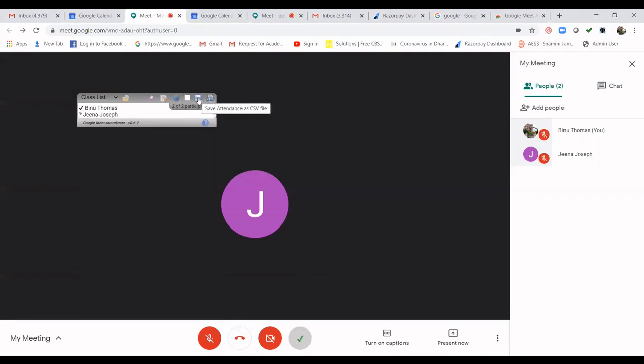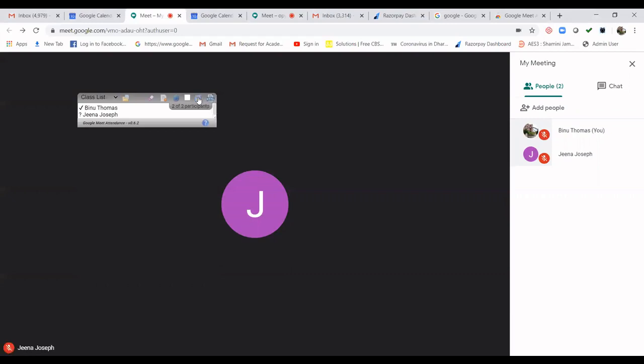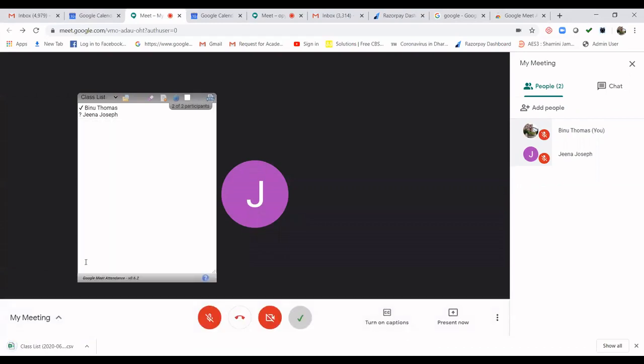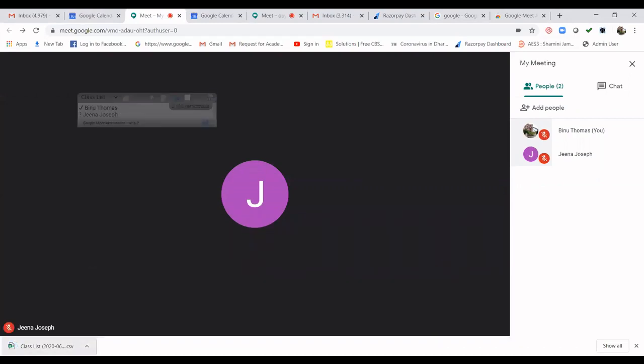If you click here, automatically this attendance will be saved and it will be downloaded into our computer. Now you see the attendance is saved and downloaded into the computer, and this file will have all information like when the participant joined, how long they stayed in the Google Meet, whether they left in between, all information we can get.